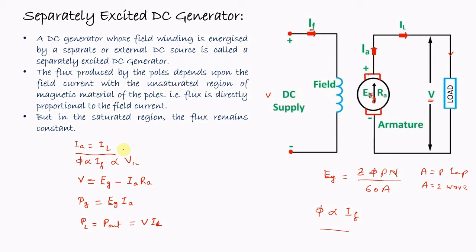So this is the concept of the separately excited DC generator. The advantage of this type of generator is that here the field windings are excited by an external voltage source, so the current can be controlled. Therefore, the flux can also be controlled. This is not possible for a self-excited generator or any other type of machine. But the disadvantage is also here. We have to use some extra DC voltage source, so the cost of the machine will be increased.